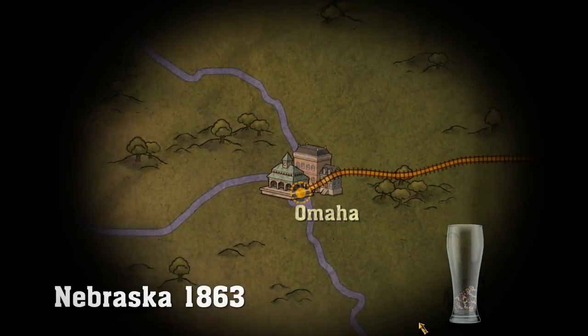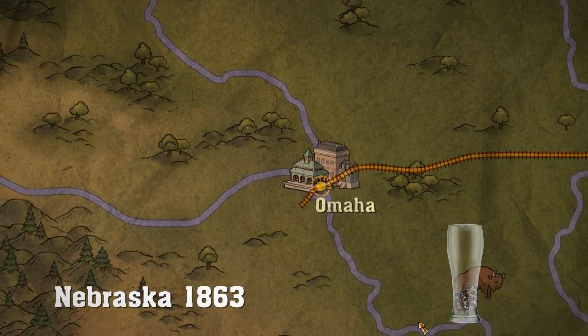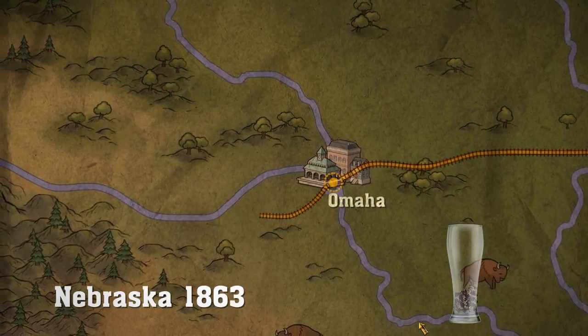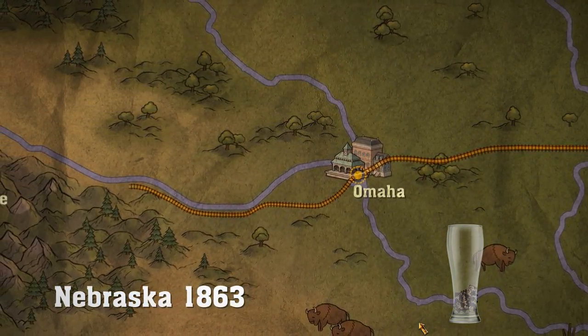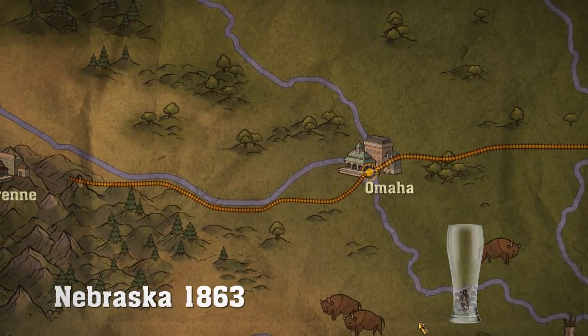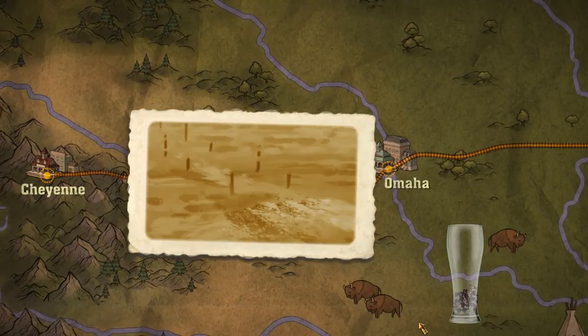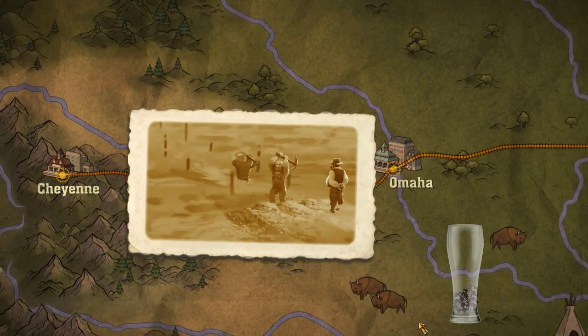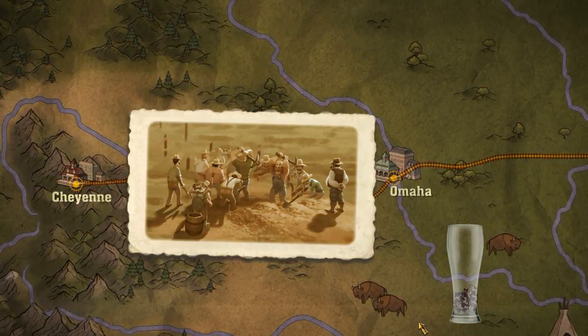In 1863, on the banks of the Missouri River, the last chapter in the monumental undertaking of the Transcontinental Railroad began. The workers of the Union Pacific Railroad began laying their tracks westward from Omaha through the wild heart of the